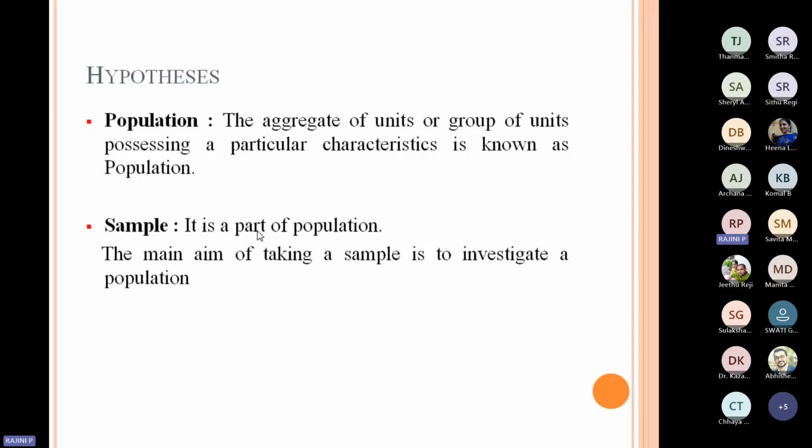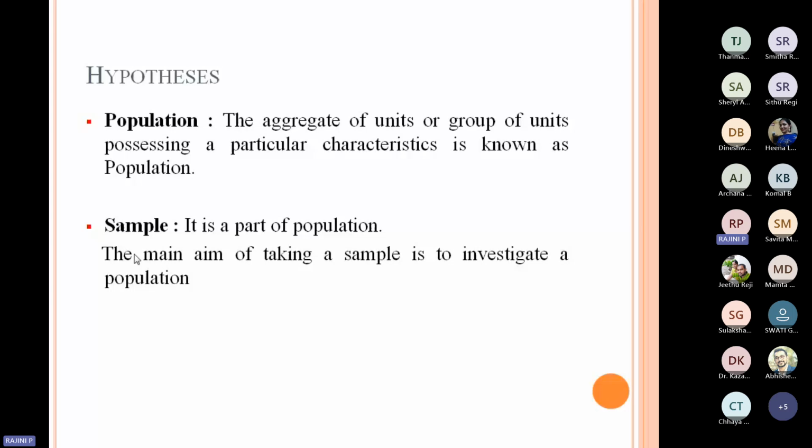In another case, I'm cooking a bowl of rice and I want to know whether the rice has cooked or not. How will I check? I check only 3 to 4 grains. Based on testing those 3 to 4 grains, I decide whether the bowl of rice is cooked or not. That means based on the sample, you are giving the conclusion to the population. This is called inferential statistics. Is it clear, ma'am? Yes, ma'am. Thank you so much.